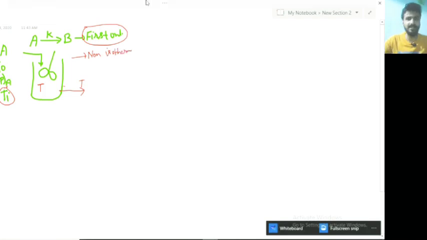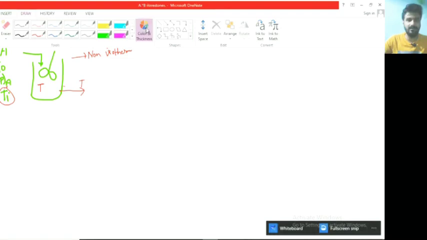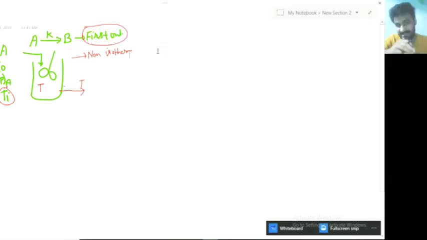If you will see, in case of a non-isothermal reaction, what is the basic thing? There must be a temperature change inside the reactor. If the reaction is endothermic, then it will absorb energy, and if the reaction is exothermic, then the reaction will release energy. That depends upon the situation, which type of process is happening. But you have to focus on the data which is given in the numericals. Okay. Now understand one thing here.